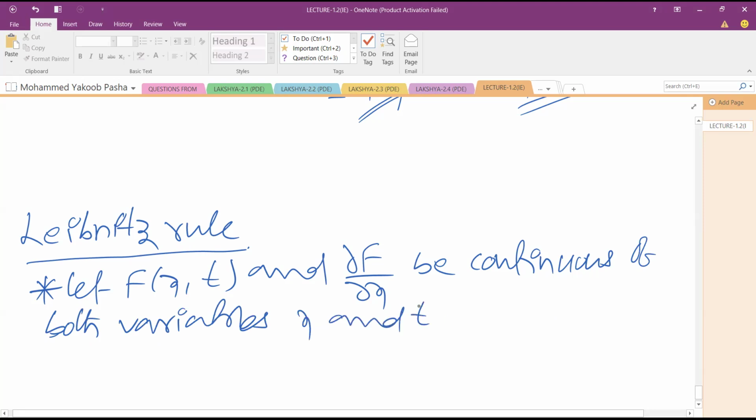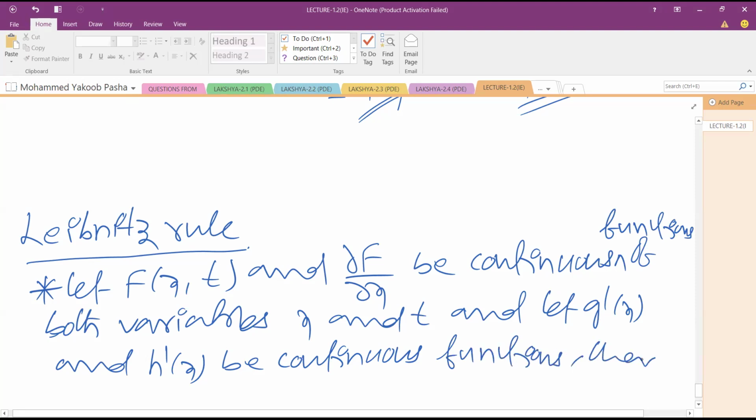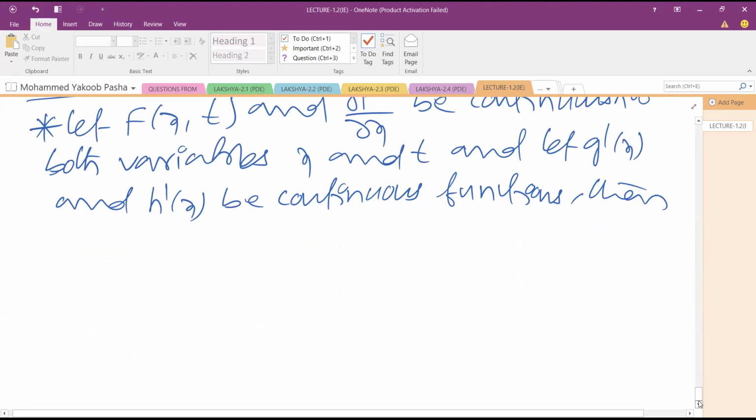And also let g dash of x and h dash of x be continuous. These two also continuous functions. Here we can mention continuous functions. Then the Leibniz rule is